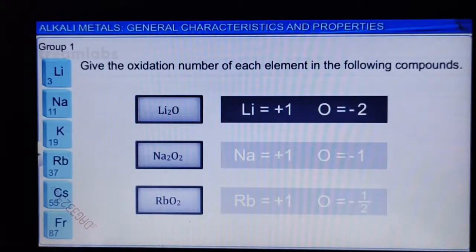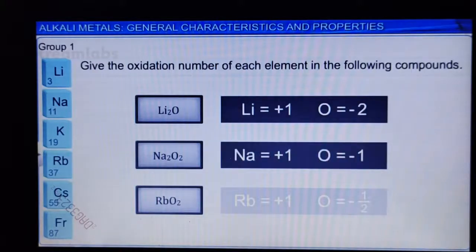Lithium in normal oxide, oxygen will have -2. In peroxide, oxygen will have -1 oxidation state, and in superoxide the oxidation state of oxygen will be -1/2. You do not have to bother about this over here because this is a separate chapter where we will be taught how to assign oxidation number and find oxidation number. Different thing altogether. पूरा chapter अलग है वो, ठीक है।